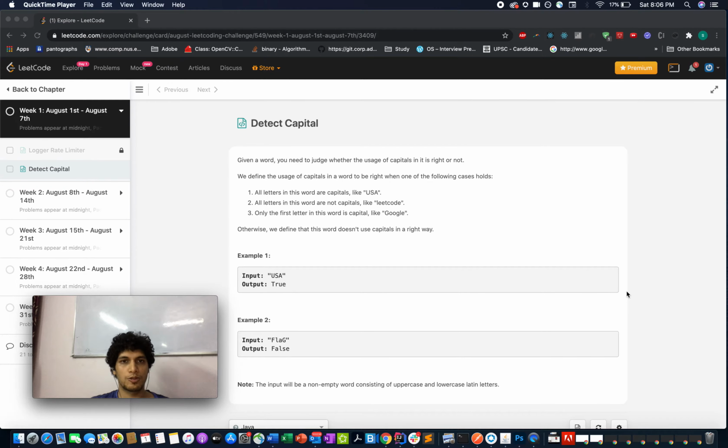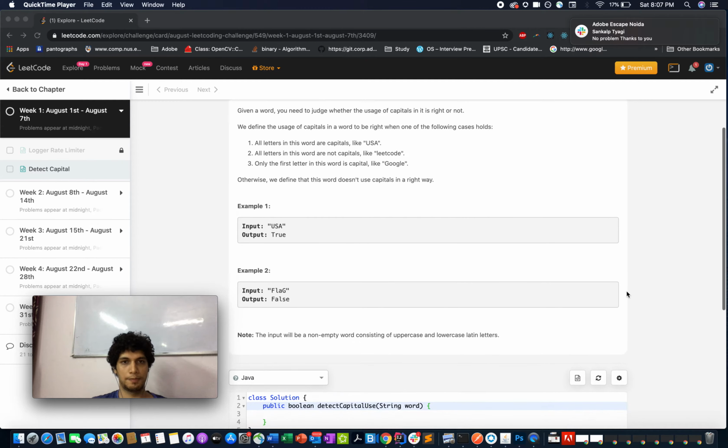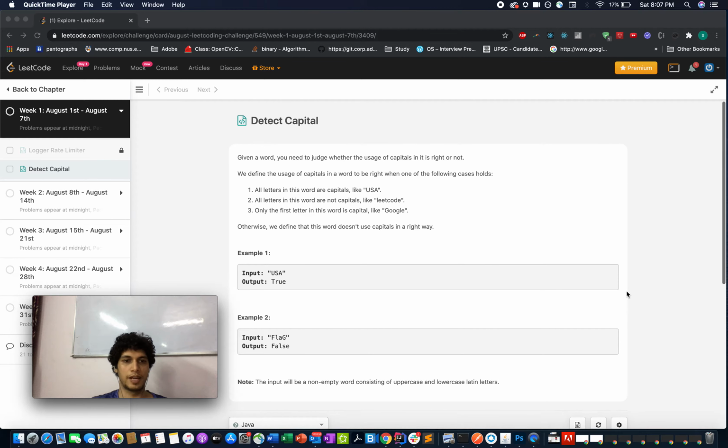So the initial approach to solve this question could be to iterate through the string 3 times. The first one where you check whether all the letters in the word are in capitals or not. The second part would be to check whether all the letters in the word are in small letters or not. And the third one would be to check for the first character in capitals and the rest in small. But this has a limitation that you have to iterate through the string 3 times, and hence would